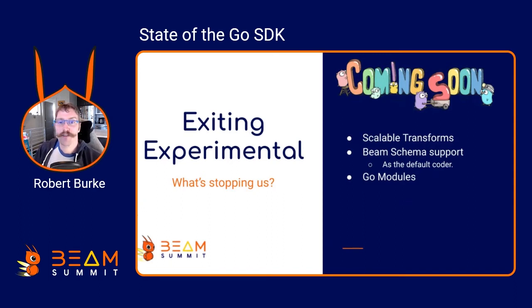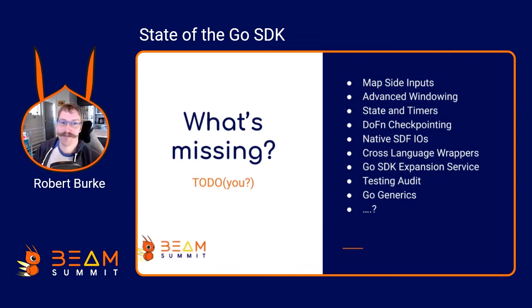But at that point, we're far from done. There's a wealth of improvements we can make to the SDK, from missing implementations of Beam components like map side inputs, windowing, state, timers and triggers, checkpointing, to writing some Go IOs using splittable DoFns, and we need to provide Go wrappers for Java and Python transforms, but also we should pay back the favor with a Go expansion service so those languages can use Go transforms. We need to shore up our testing of all of this and more, and finally next year, possibly reap the benefits of generics landing in Go, and maybe I'll get to delete my code generator when that happens.